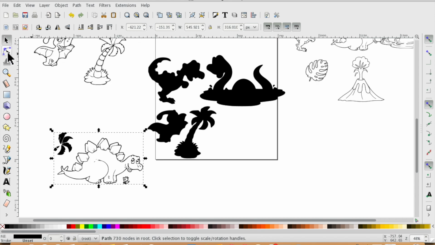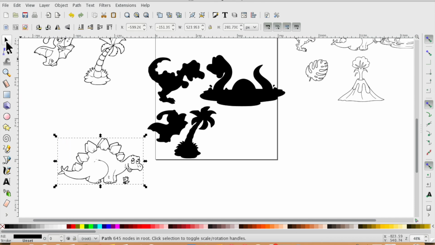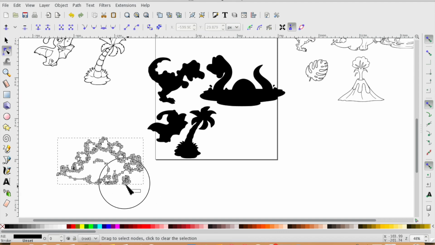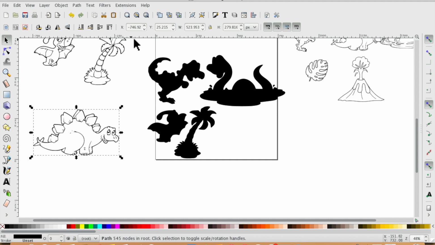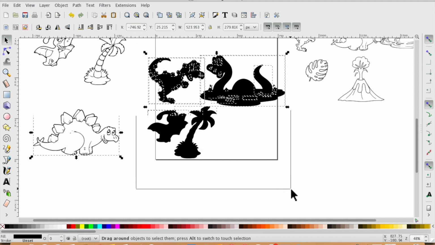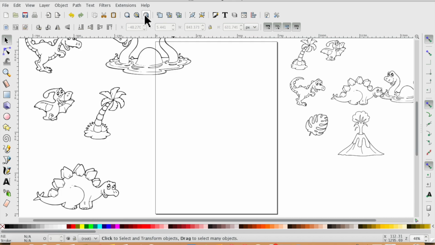So now we just click on the second icon down, which is the node tool, select the nodes we want to get rid of, and delete them by pressing the backspace. Go on the node tool again, and we'll delete this one down here, and then we've got our dinosaur, the one that we couldn't get without losing the part of his tail. And then we're going to drag around the rest of them and delete. And if we view Fit to Mat now,